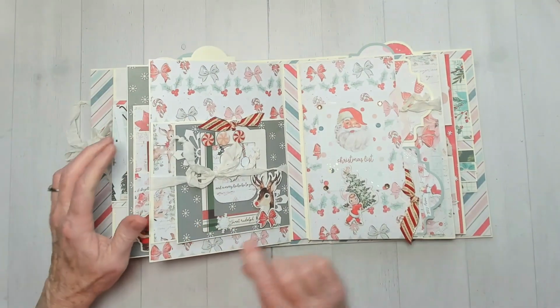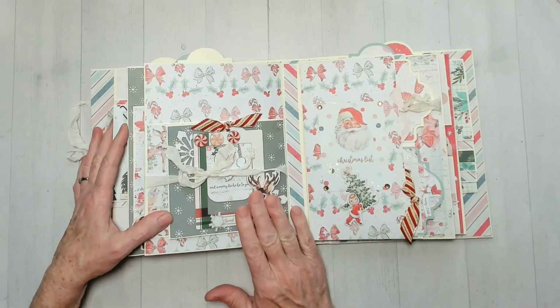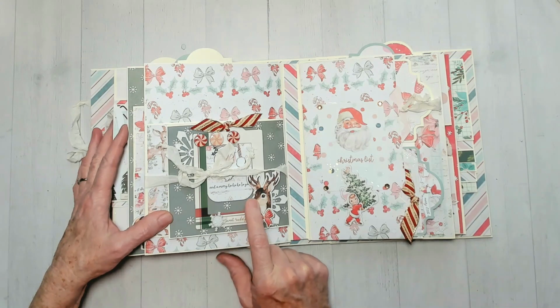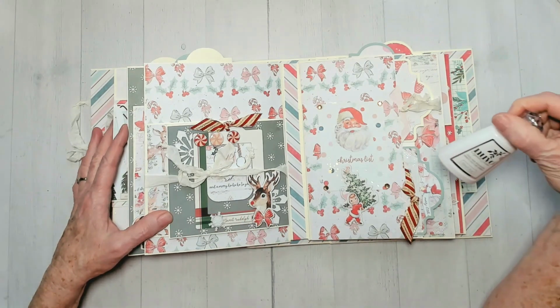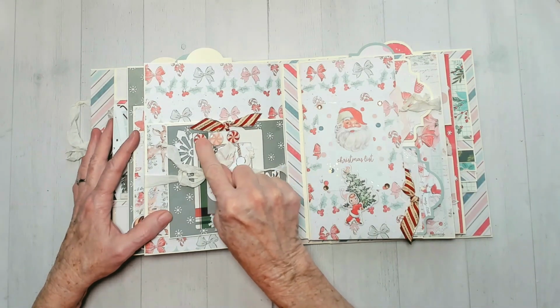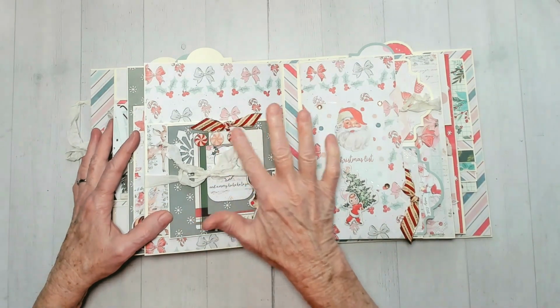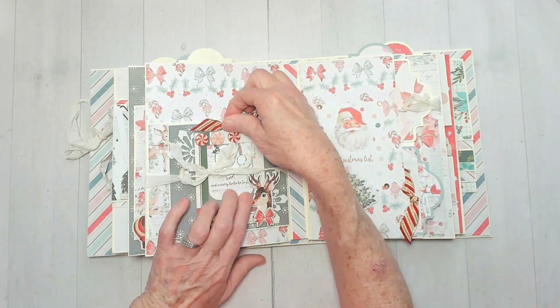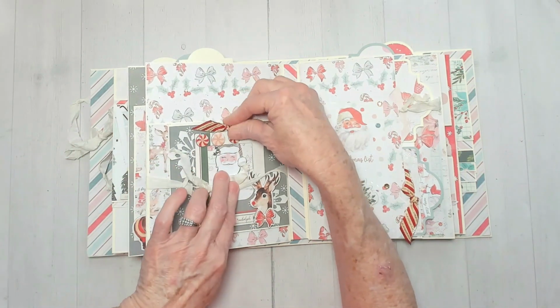And on this side, I love how this one turned out, that may be my favorite, I don't know. Rudolph, I put some Glossy Accents, same thing, Nuvo Crystal Glaze on his nose. And I put some also on these candies to make them look shiny and wet. I added one of the little tags in here. You could take it out and put it somewhere else, but I have it with the Santa in there